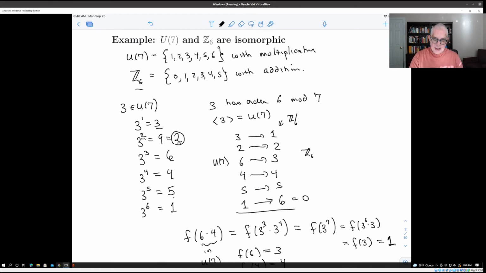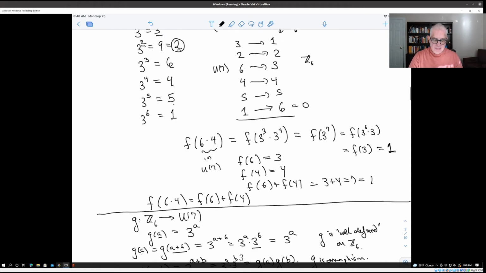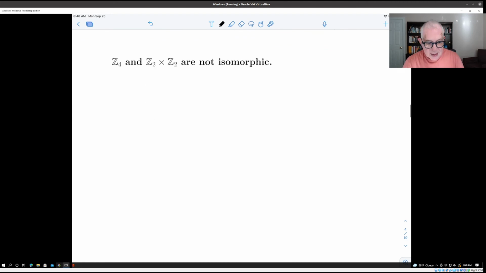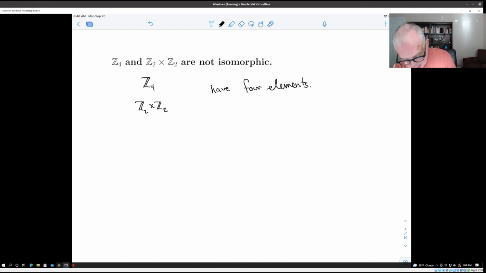And later on, we'll see that if you have a cyclic group with n elements, it's isomorphic to Z mod n. So in a certain sense, there's only one cyclic group with n elements that can appear in many different settings. Now let's look at a couple of groups that are not isomorphic. Let's look at Z4 and Z2 cross Z2. So Z4 and Z2 cross Z2 both have 4 elements. How do we prove that they are not isomorphic? Well, one way to do that would be to assume that they are. So suppose